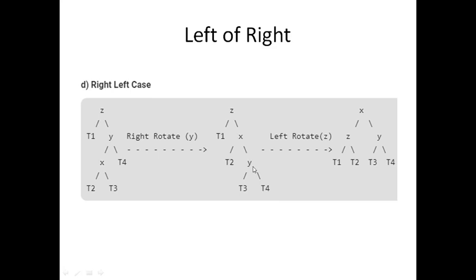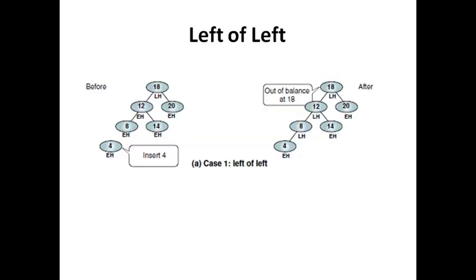So we know the common solution. Rotate the entire right subtree towards the left, which results in this particular balanced tree. So these are the four possible situations we could come across, and the solutions are also revealed now. And these are some examples of the left of left problem. Here the problem is left of left because the height in the right subtree is 1 plus 1, 2, whereas the left one is 2 plus 1, 3. So the difference is 2, and so it is left of left. Similarly the second example also.